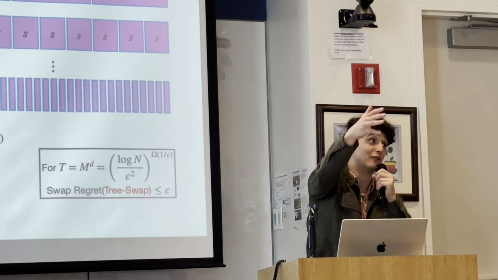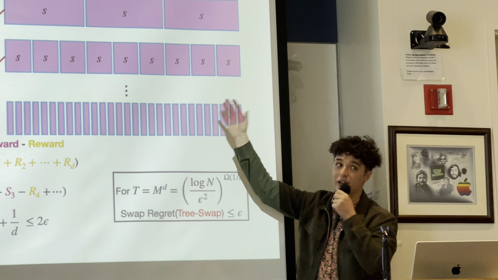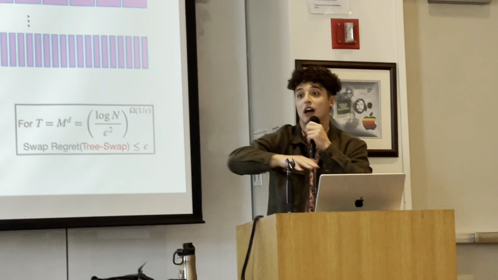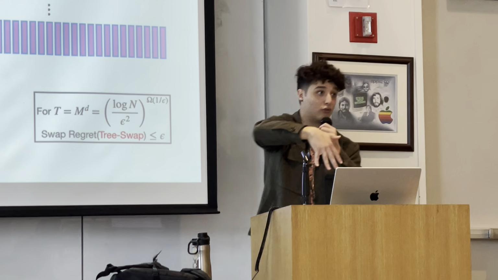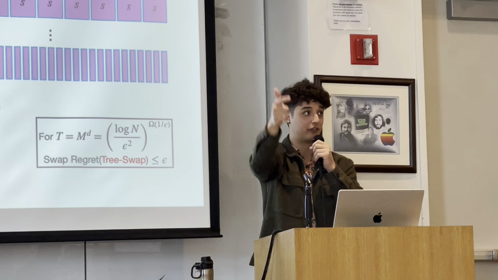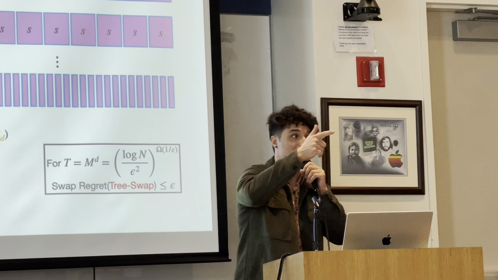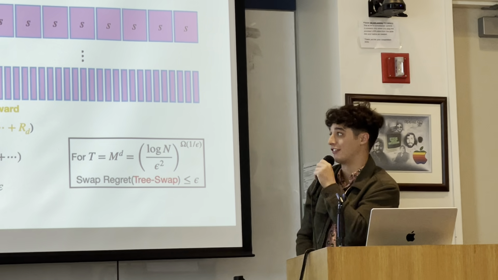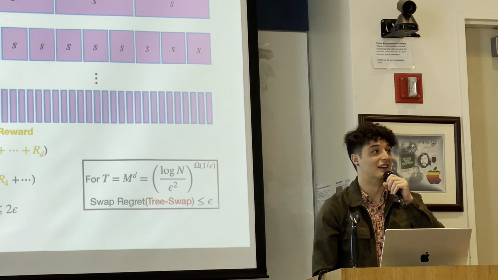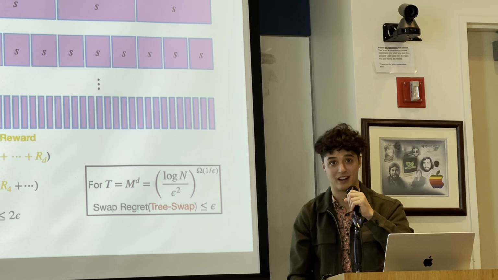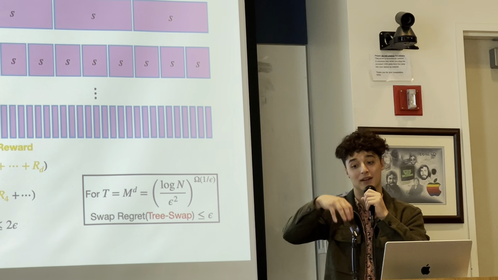Of course, when you actually want to prove a lower bound, I have to somehow show it against every possible learning algorithm. This is just one learning algorithm. The adversary ends up also doing a construction that's based on a tree. For every single round, it kind of looks like a DFS of a tree. I explained the intuition of the lower bound on the website post too, but it would take longer to explain. Essentially, when you try to beat all possible Blum-Mansour style algorithms, you get into this thing where